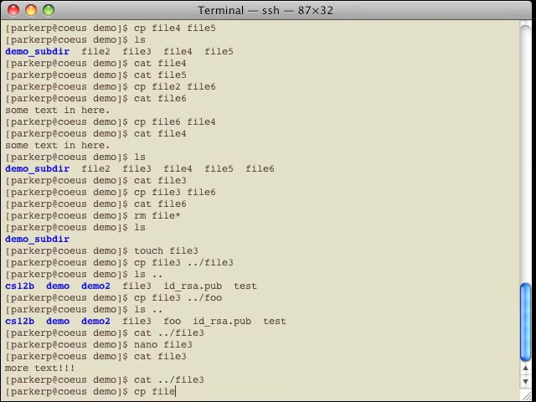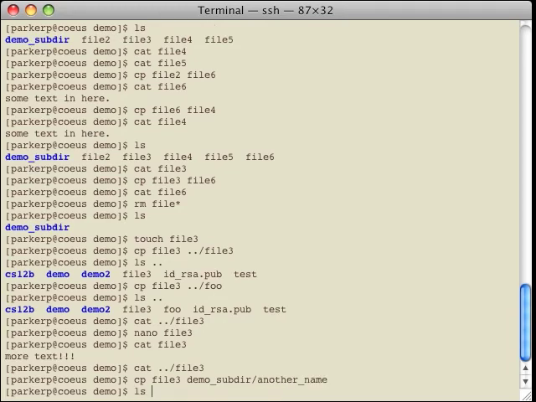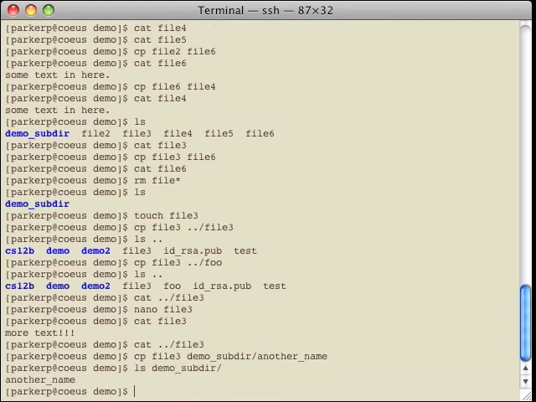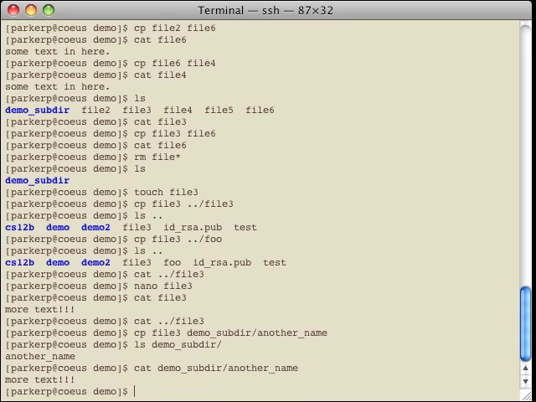If I copy file 3 to, let's say, demo subdir, right, because I'm in demo, and earlier I made demo subdirectory within demo, slash, what should I call it? Another name, right, ls demo subdirectory, cat demo, right, and